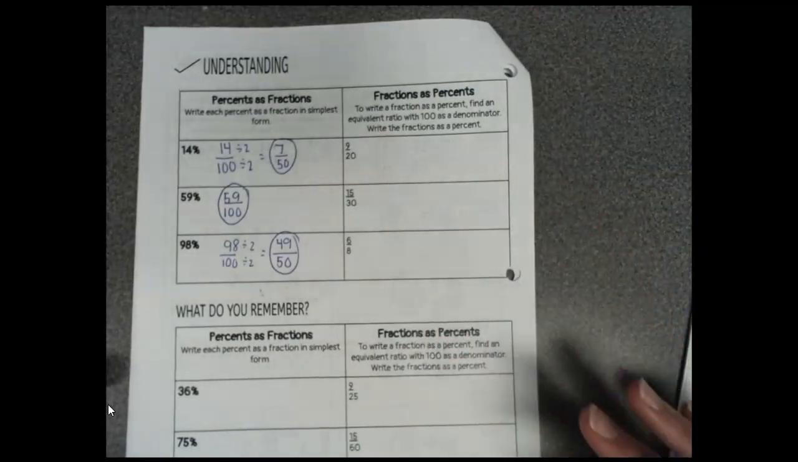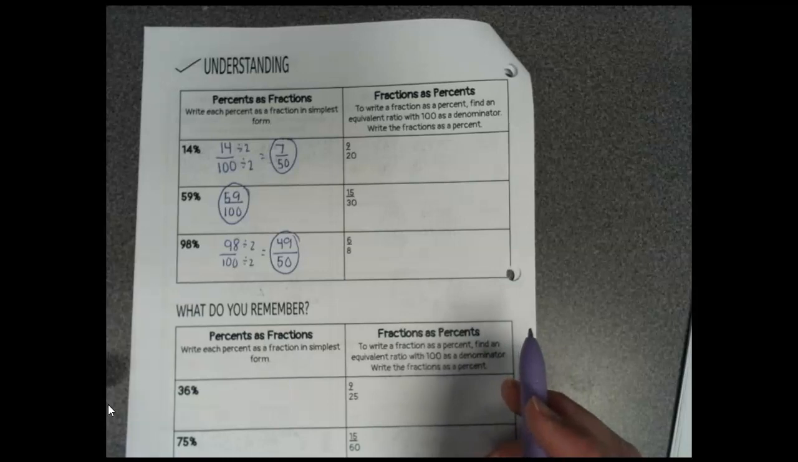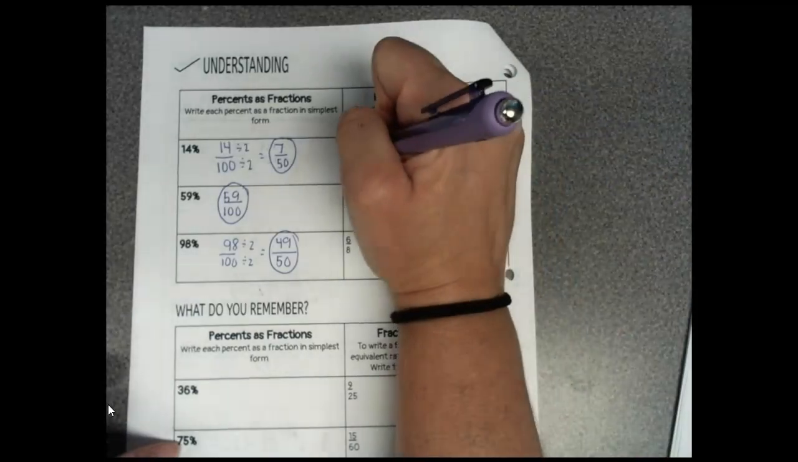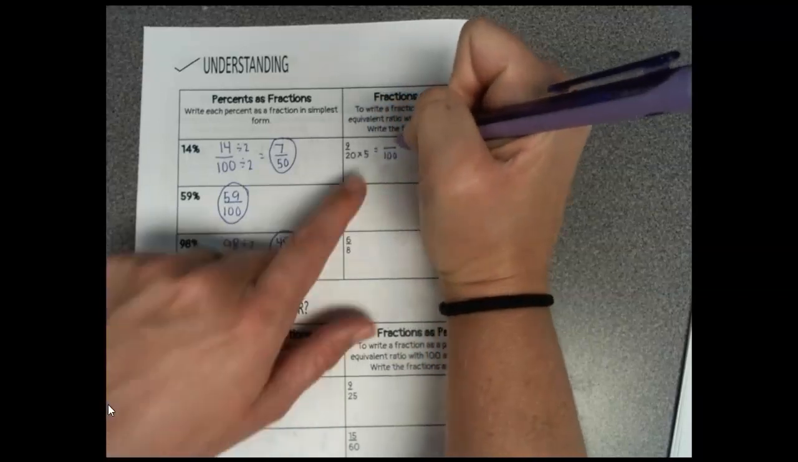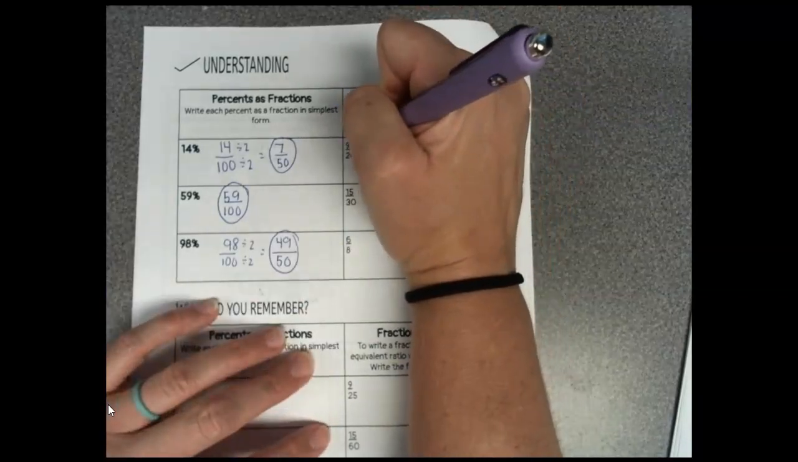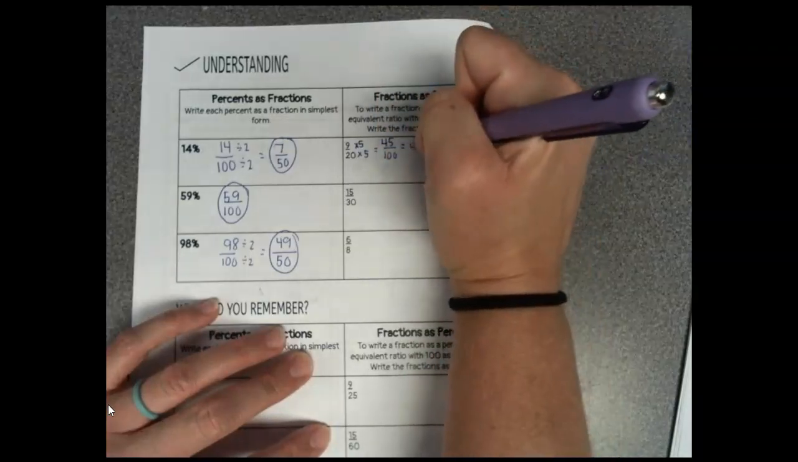Now on this side, we're going to take the fraction, we're going to turn it into percent. Remember, percents are out of 100, so we're going to try to make that bottom number into 100. On the first one, I know 20 times 5 is 100. If I multiply by 5 on bottom, I do the same thing on the top. So 9 times 5 is 45. So that is 45%